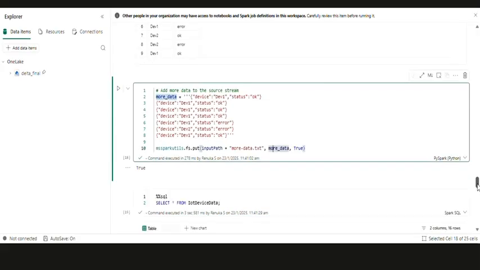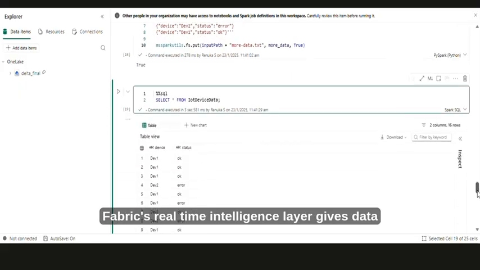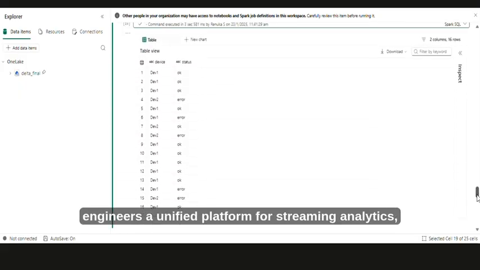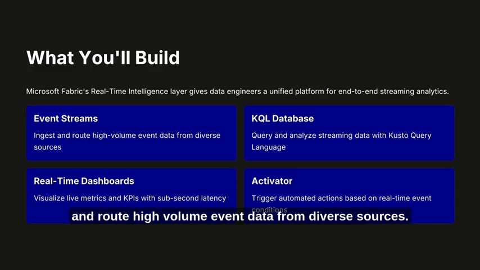So what does this actually look like end-to-end? Fabric's real-time intelligence layer gives data engineers a unified platform for streaming analytics, built on 4 pieces working together. Eventstreams ingest and route high-volume event data from diverse sources.